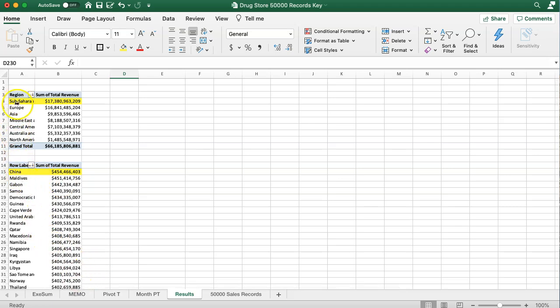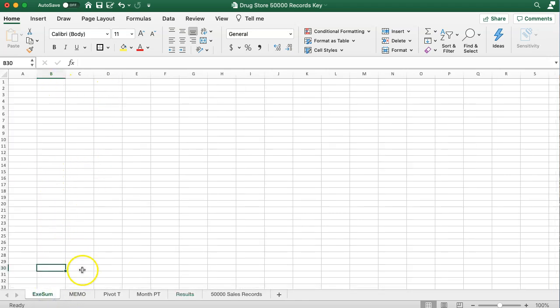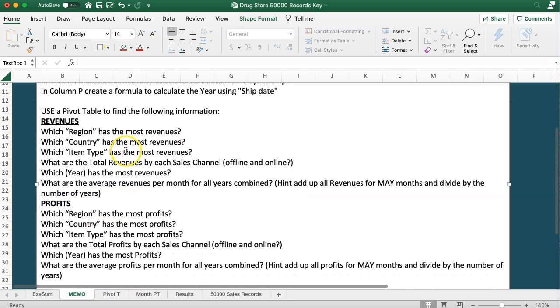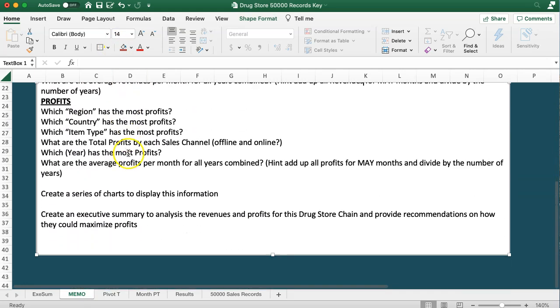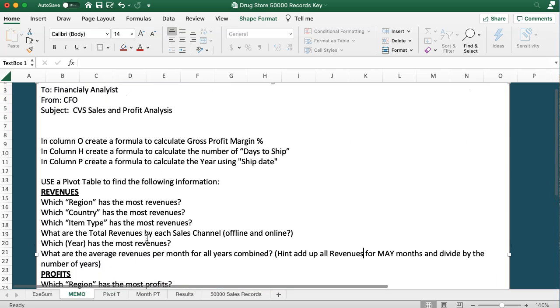But when I say top region, top country, you can bring that. You want to summarize that in the executive summary over here. Everything that's talked about in the memo, but also in the executive summary, very importantly, you want to do the financial analysis, and you want to talk about, in essay form,